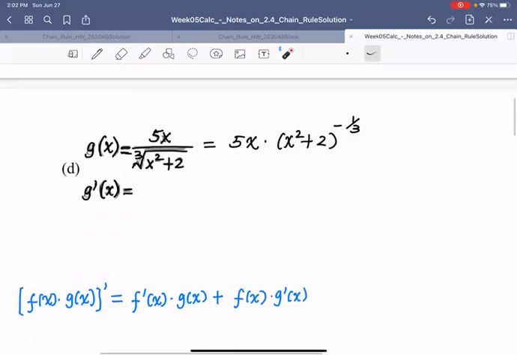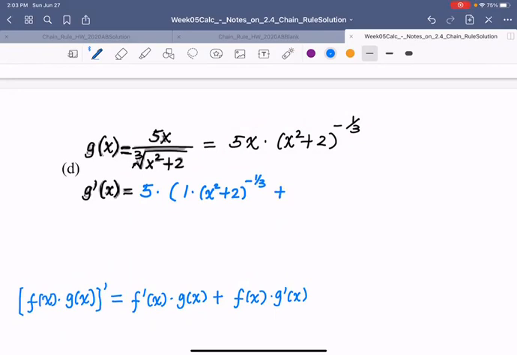Okay, that's fine. So we want to do this guy. The 5 we can leave outside. We rewrite this as that to the power negative 1/3, and then we can leave the 5 outside. This guy's derivative: x's derivative is just 1. Very good. Times, copy down all that, right? Plus,